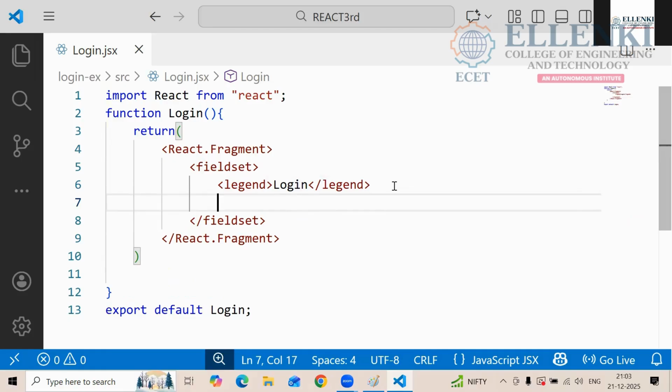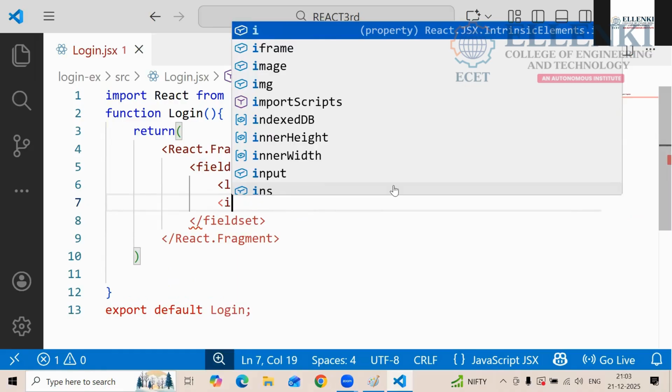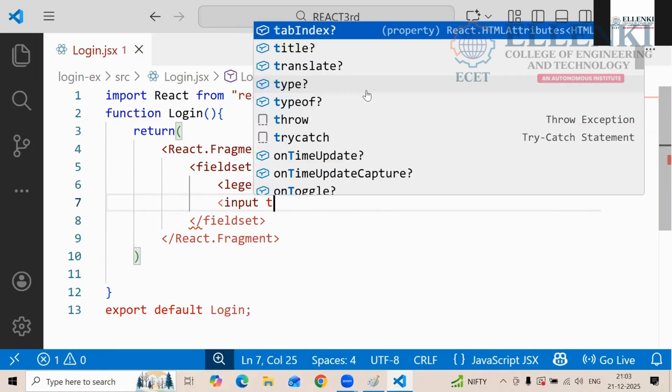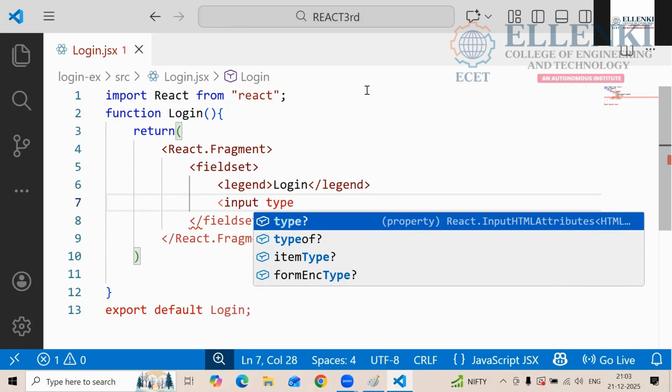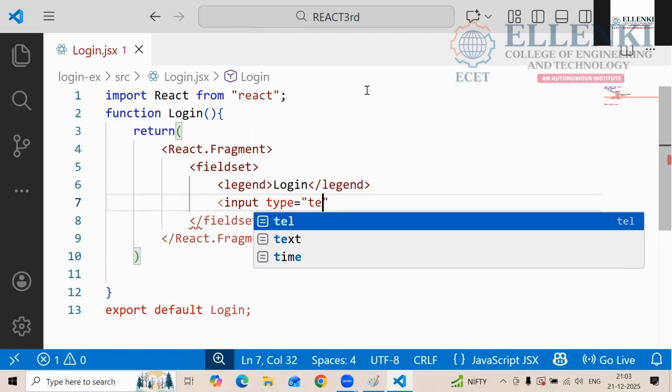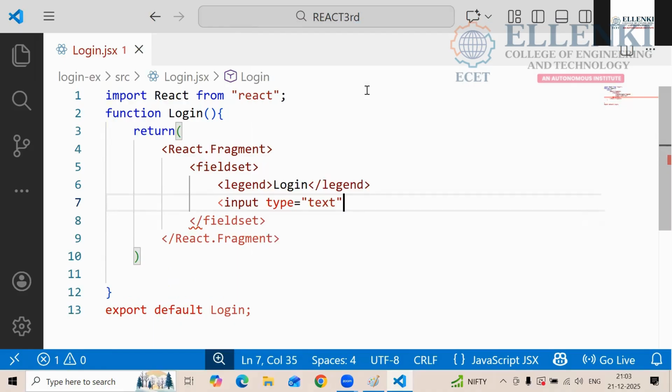Now you have to create the button, field boxes. So first one is the username box. How we are going to give that one? Input type equals to what? Text. Input type equals to text. And in that box, what you have to show?